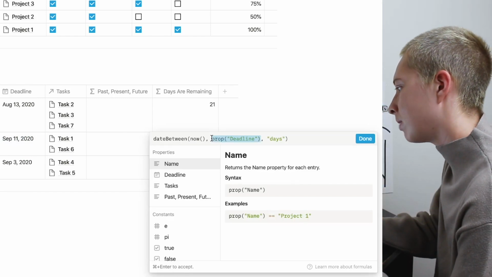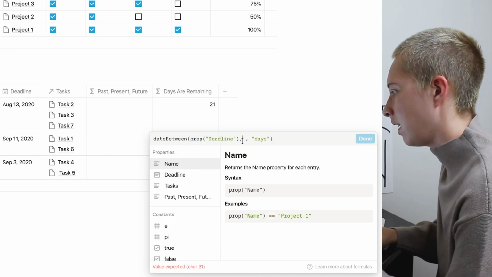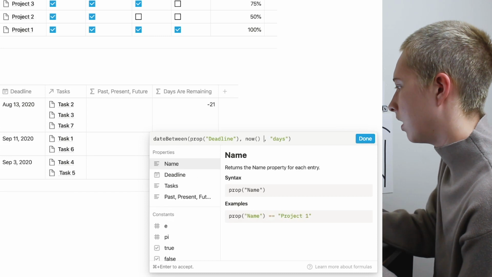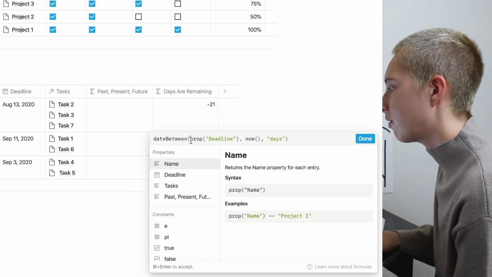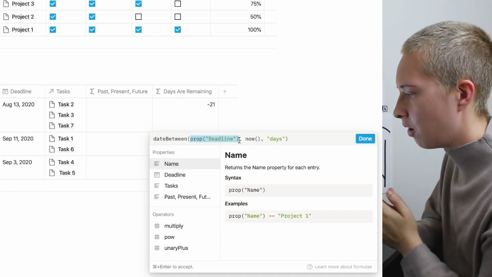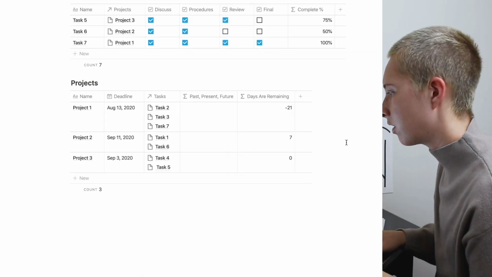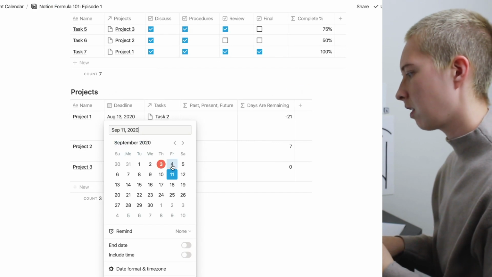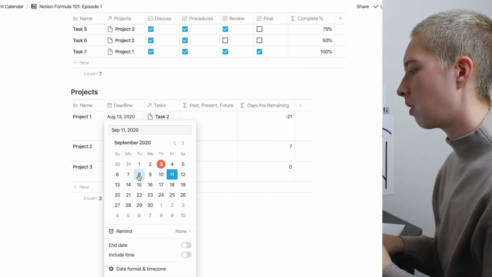It should be prop deadline here, and now should be here. The reason for this is because what you're essentially telling it is, I want to find property deadline minus right now, not now minus deadline. So now that we have this, if we look at the deadline for September 11th, 1, 2, 3, 4, 5,